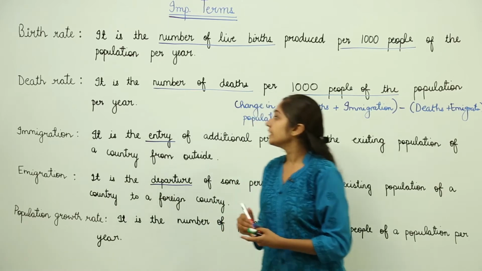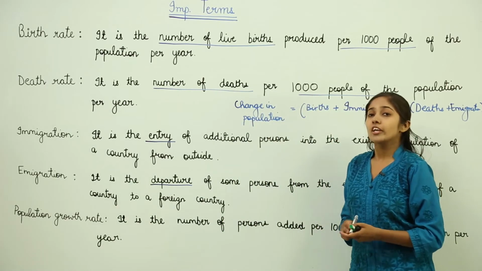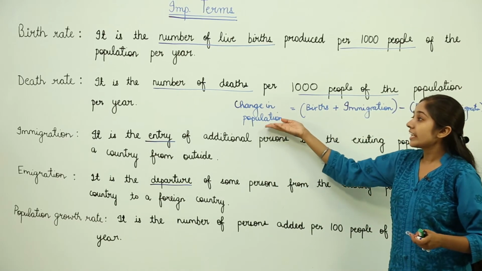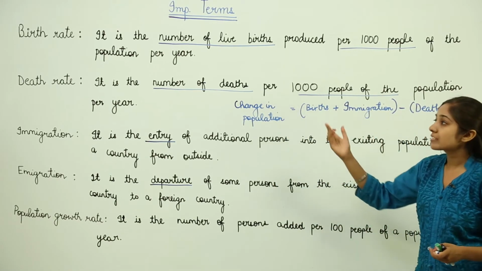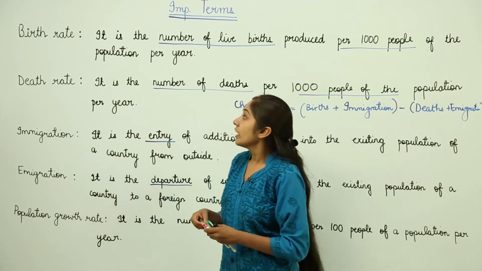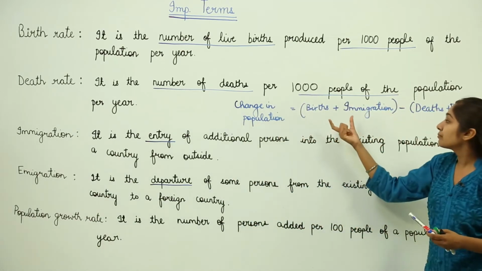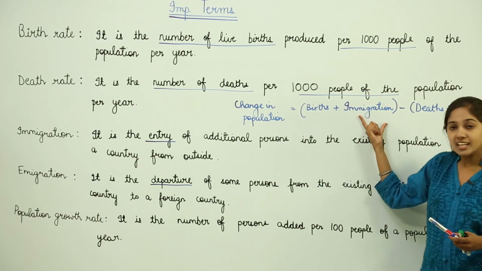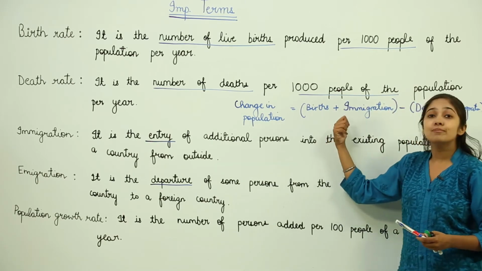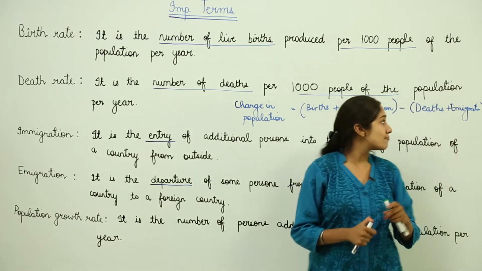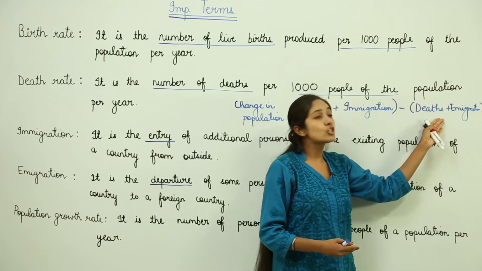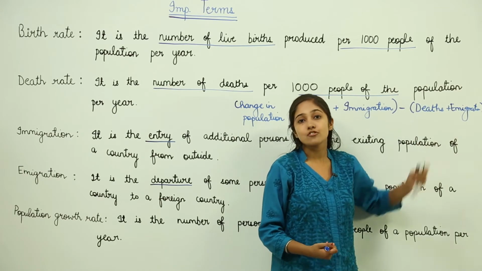I hope that these four terms are very clear to you. You are able to define these terms, and you can actually write a relationship between these four terms, that is birth rate, death rate, immigration, emigration. So, we have just seen that we have linked births with immigration, right, because this is going to lead to the addition of persons in a population, and we have linked deaths with emigration because this is going to lead to the departure of persons from the population of a country, right.